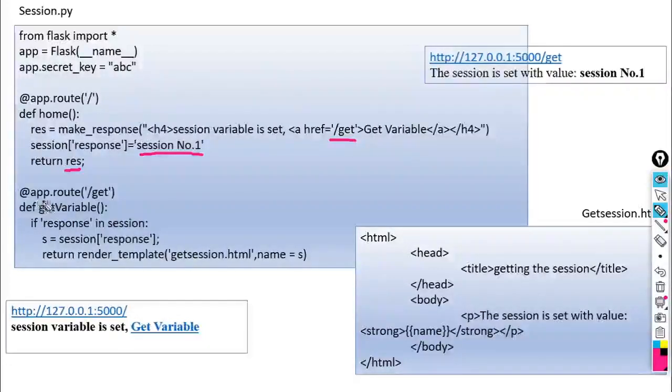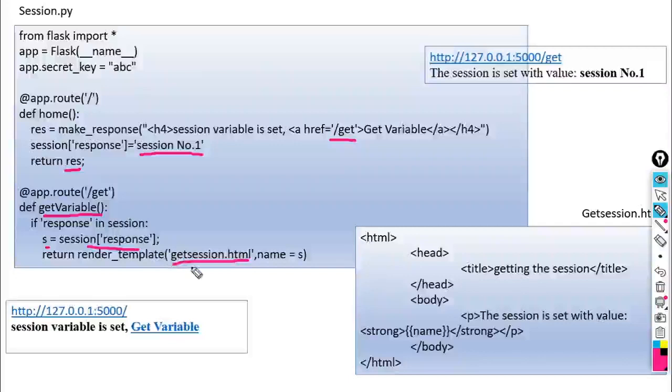The next URL is slash get. The get variable function is associated with this URL. How do we retrieve the value? If response in session, s is equal to session response. What response have we stored here? Session number 1. So it will be passed to s. Then we render the template get session.html.